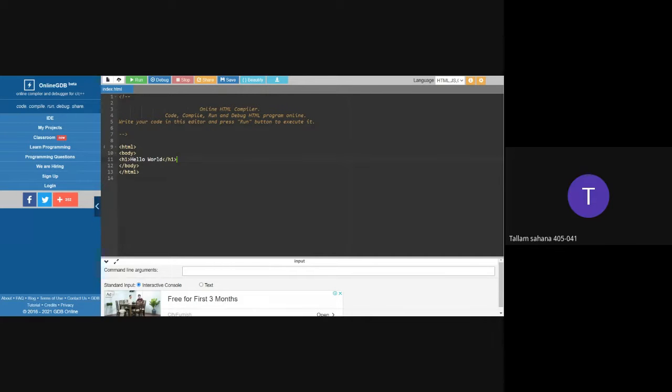Definition list, did you not say? No, ma'am. Definition list I didn't tell. When the topic comes, I'll be telling you about that, because it has been related to some other topic. That's why I stopped for a while. When we talk about images, even if I forget, you remind me when I teach the image concept, and I will be telling that topic because it is related to that particular topic.